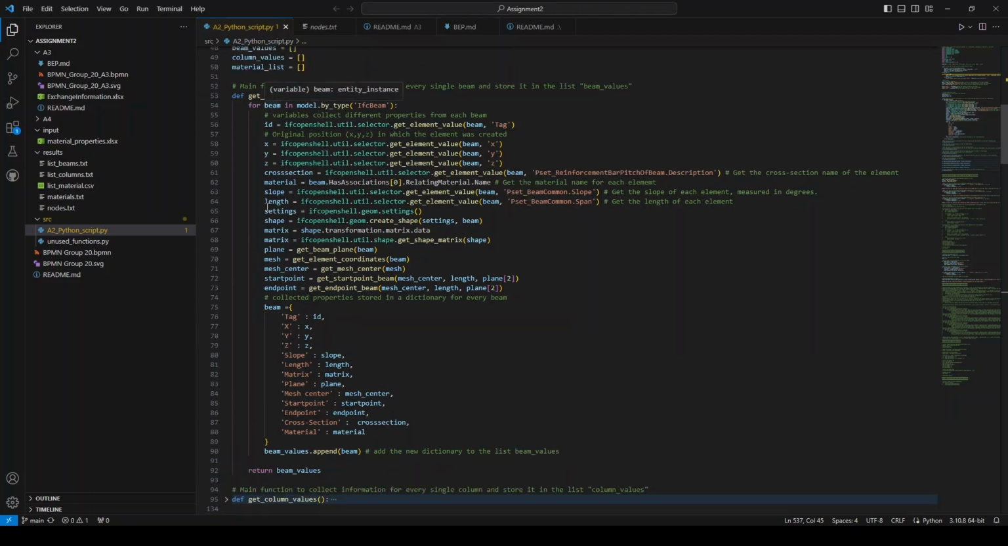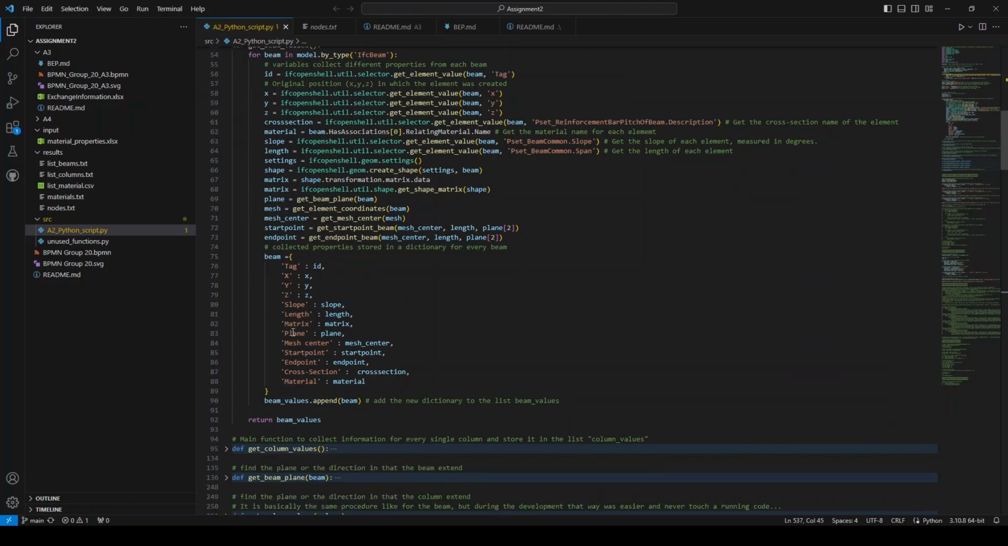for one element. And then we wrote all this information we collect here into a dictionary. After we have it in a dictionary, we say beam_values, which is our list, dot append beam. So we add this dictionary called beam to our list beam_values. And then we return beam_values. That's the main